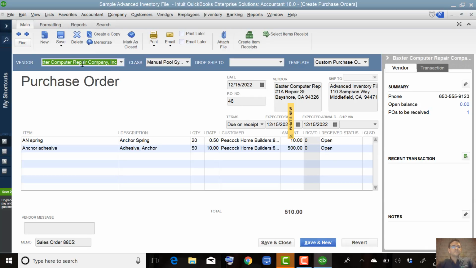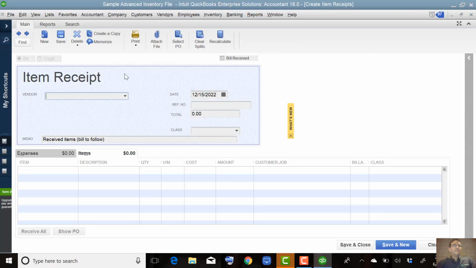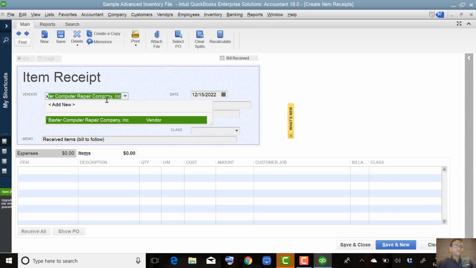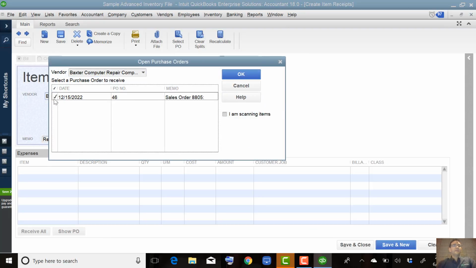It was this one. It was Baxter. That's what it was. Okay, so Baxter. So I'm going to go to receive without a bill, and then I'll pick Baxter. Hit yes. Select the PO. Now, I'm scanning items. That little check mark, which we'll cover, that's if you don't want, when you receive that,